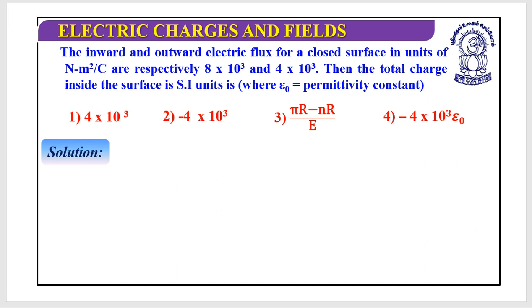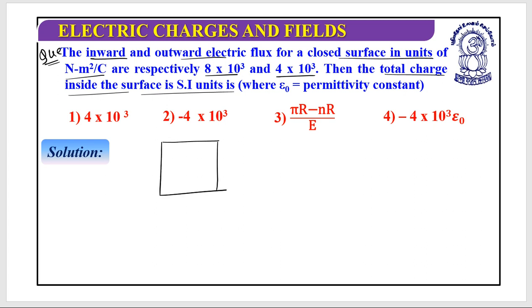A series of previous year asked questions. What is given? Look at this. What they have given is inward and outward electric flux for a closed surface in units of this, respectively this and this. You need to find out the total charge inside the surface. So